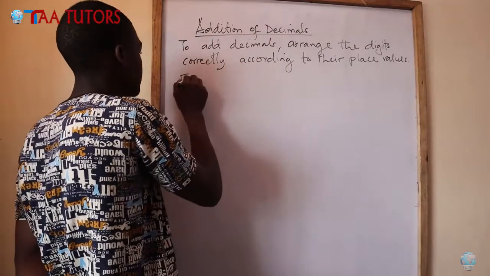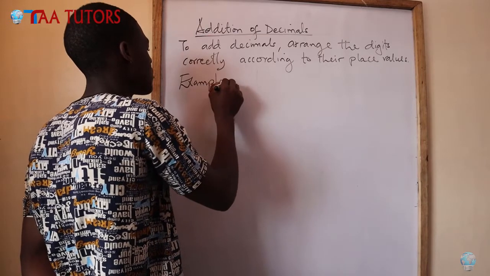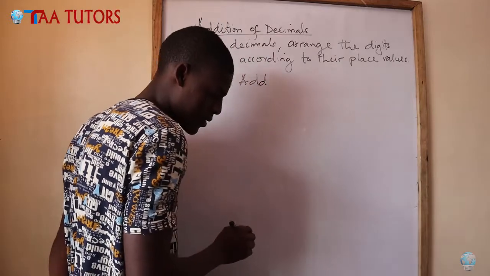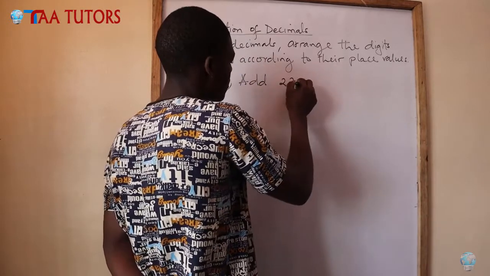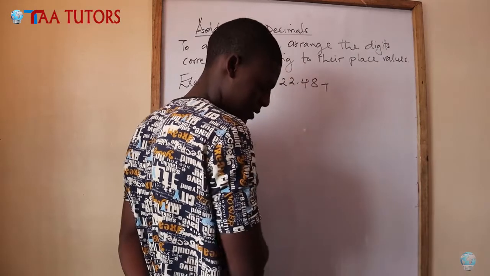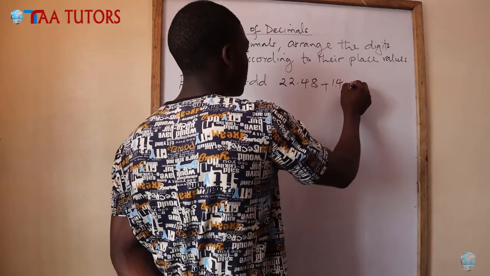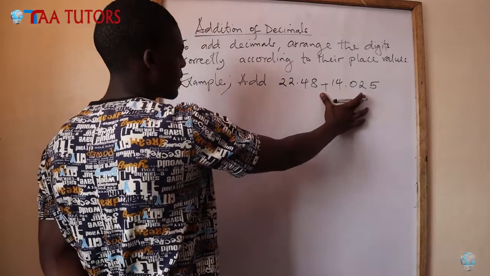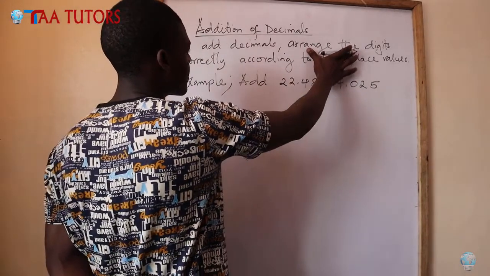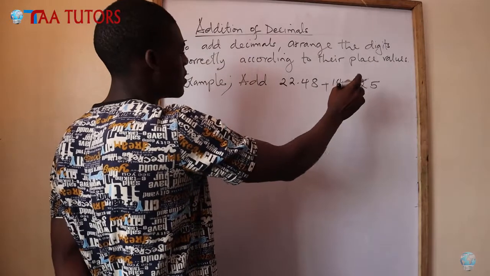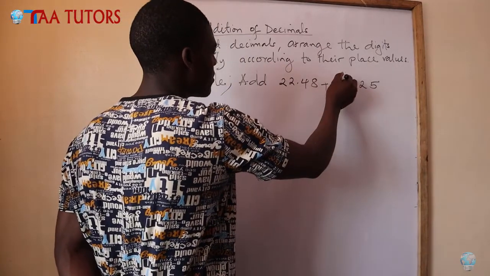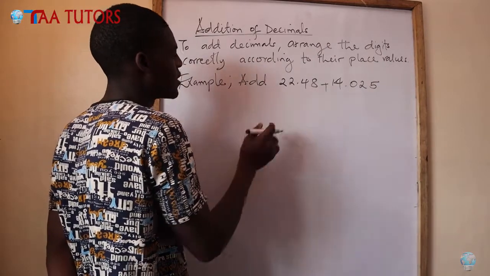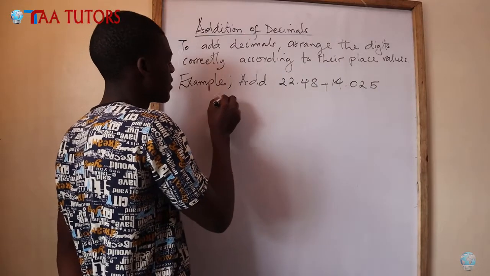When we do an example here, add, we have 22.48 plus 14.025. This is what we are given. And I've said that we have to arrange the digits correctly according to their place values. For this method, you may not be able to identify the place values correctly. So I'll always encourage you to use the vertical method written this way: